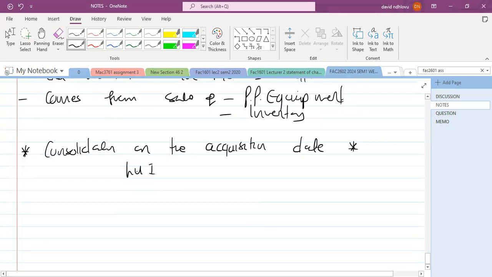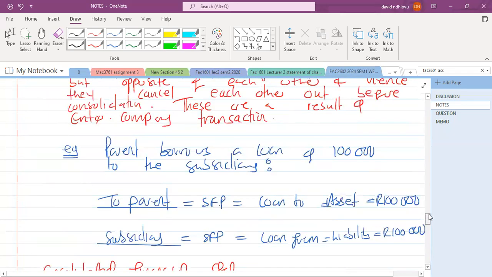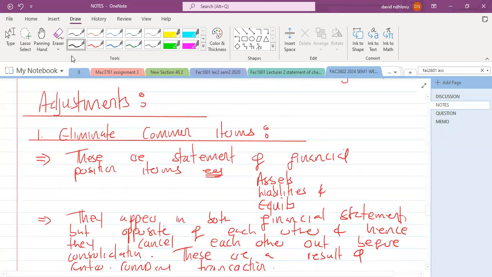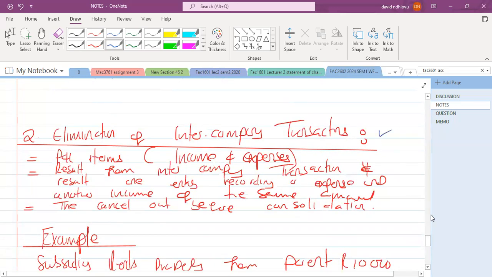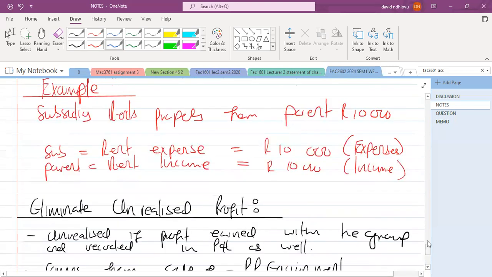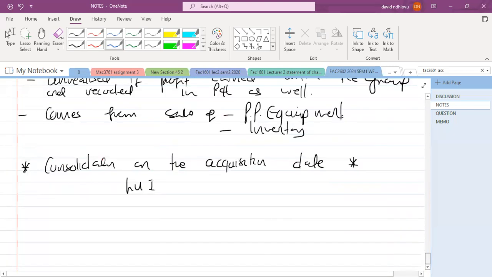So for today, I wanted to cover the theory, just introduce the module, and just highlight what consolidation is. You will see when we study, we'll have an in-depth overview of these things. This is just an introduction, but there are extensive calculations that will follow, somewhere in the middle of the syllabus. For now, we just want to do a simplified version of consolidation first, and then after that, we'll progress until we get to the difficult stuff.